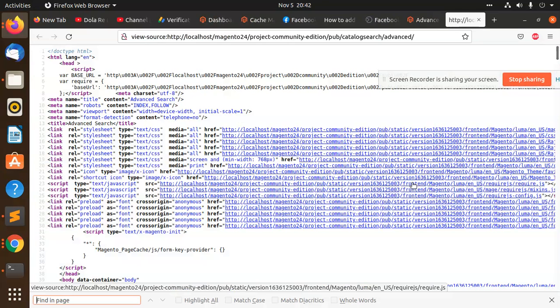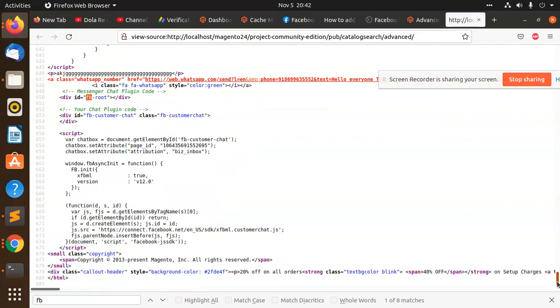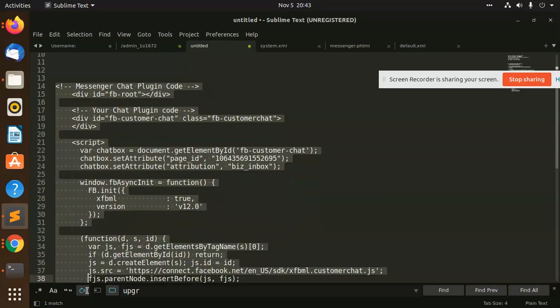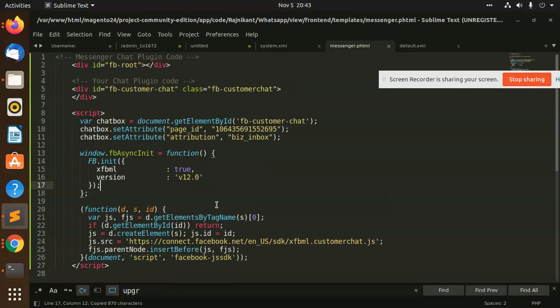Control U, FB. Why is it not showing the Facebook chat? Let me check whether the code is correct or not. No, the code is correct: Facebook root, Facebook chat, FB, customer page attribution.